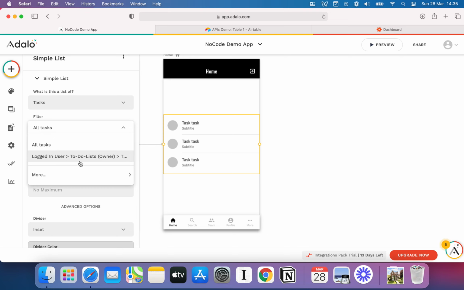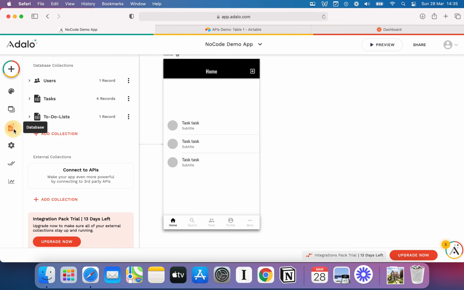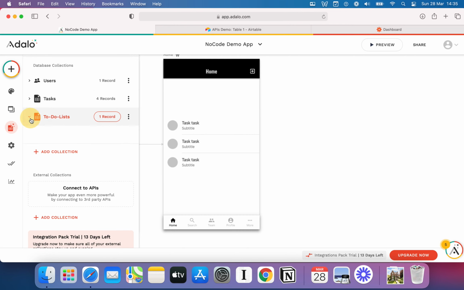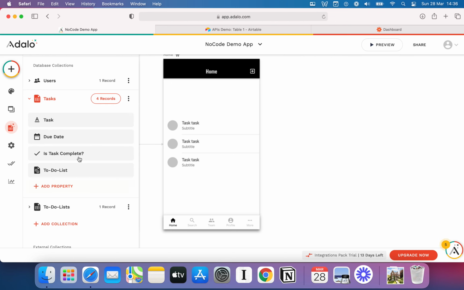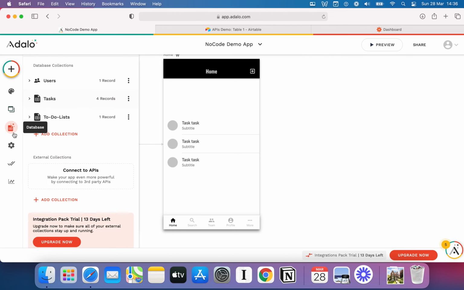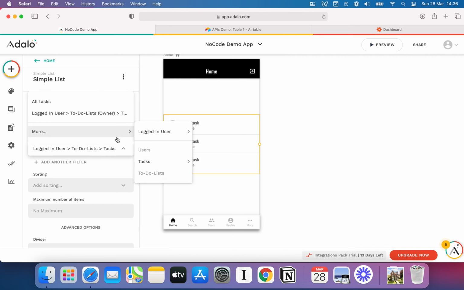That's a little bit complex, so let's explain that. This is going to filter by the logged in user's to-do list tasks. What's actually happening here is this user has a relationship with this to-do list, so Adalo knows that this is the user's to-do list, in this case me. And then that to-do list has a relationship with these tasks, which means Adalo now knows that I can specifically pick all of the tasks which are owned by that to-do list,